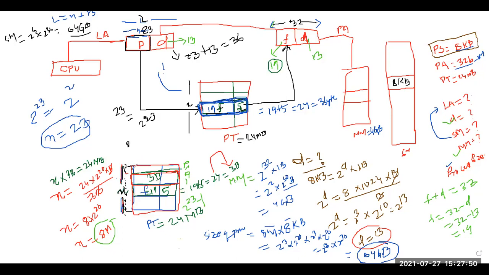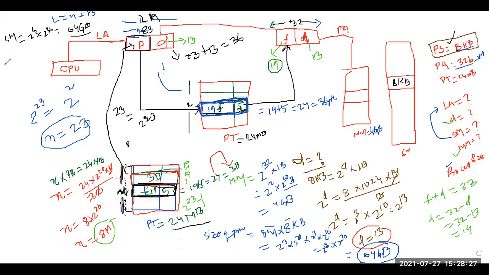So the total number of pages, if you are able to find this one, because I know the total memory, I know the size of the frame, that means the page table size. This page table size is different; this is for secondary memory and this is for the page table. If I know this, I can find the total number of bits. If I find this one, I can easily find the total number of bits used for the P. If I am able to find P, then P plus D added will give the logical address.